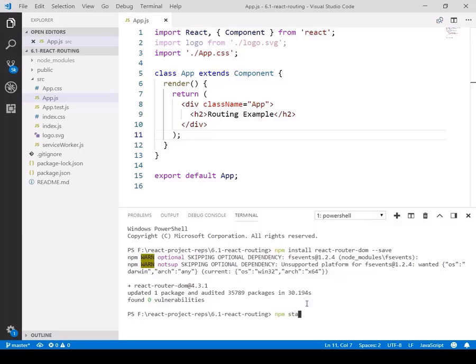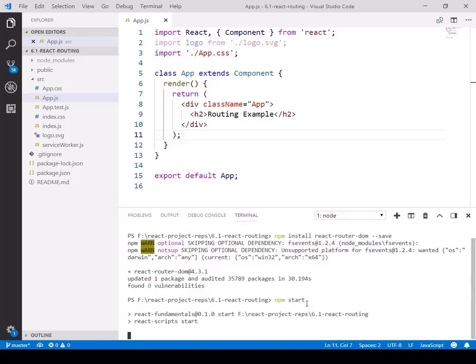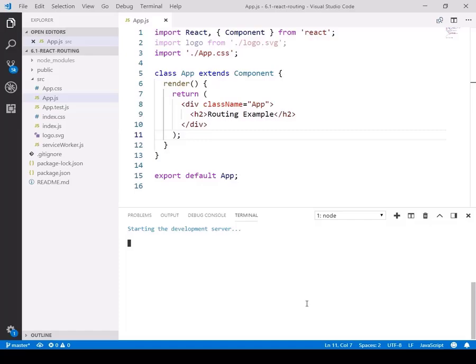I would like to show you what output we have as of now in this app.js or app component, and further how we can configure the routes. Configuring the routings in a React application is actually implementing or enabling the single page application, because until you configure the routes in your application, you cannot create a single page application.